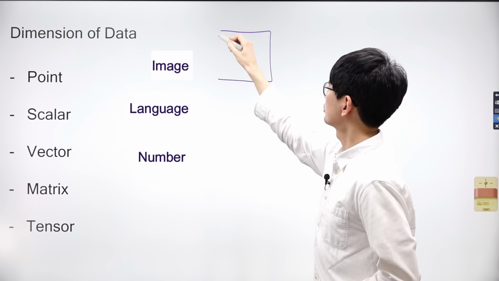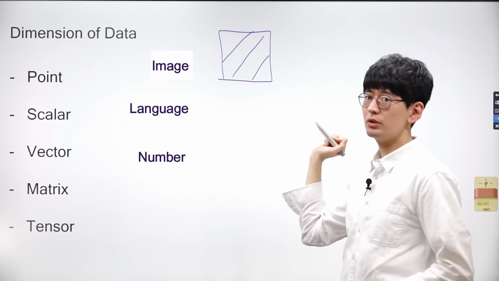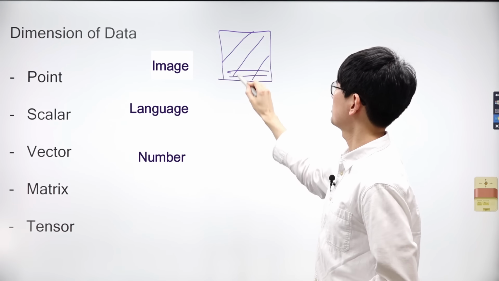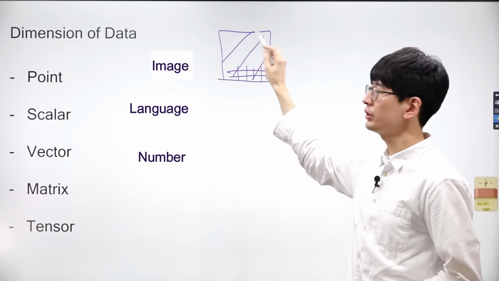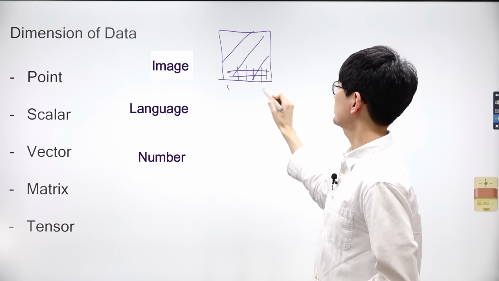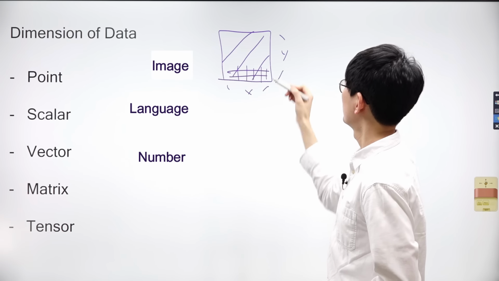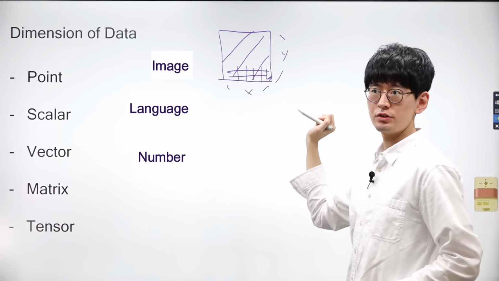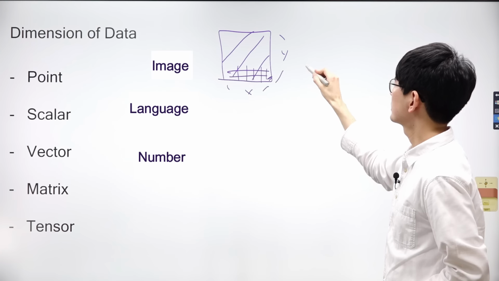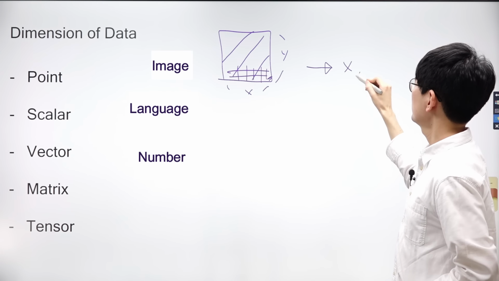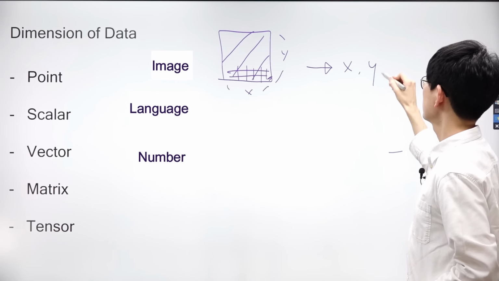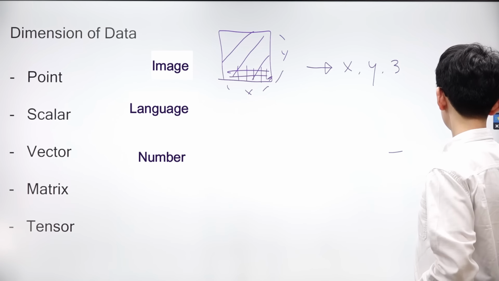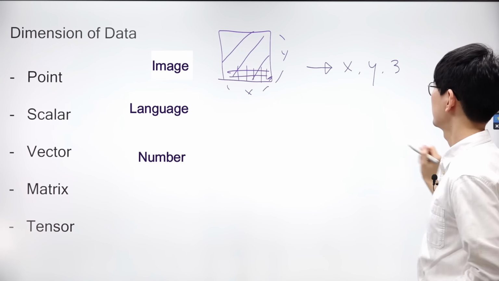In the case of images, they represent visual elements on a plane. But if you look at an image on screen more closely, they're composed of very small units called pixels. So when we talk about resolution, for each pixel in the image, they are given values for colors like RGB. Therefore, an image essentially has dimensions of x and y, each representing the length and width of the image. Plus, for each pixel, there are RGB values, so x representing the length, y representing the width, and RGB values together make an image 3-dimensional data.